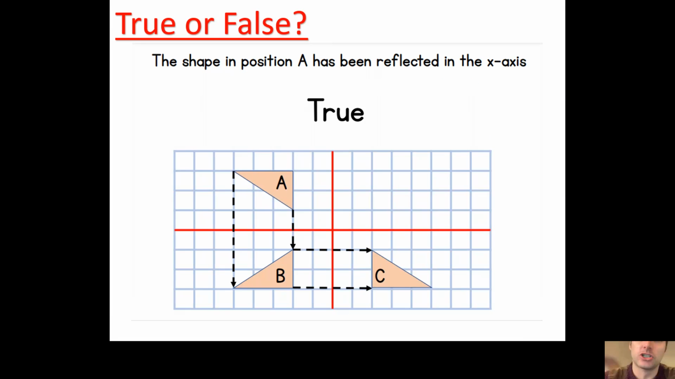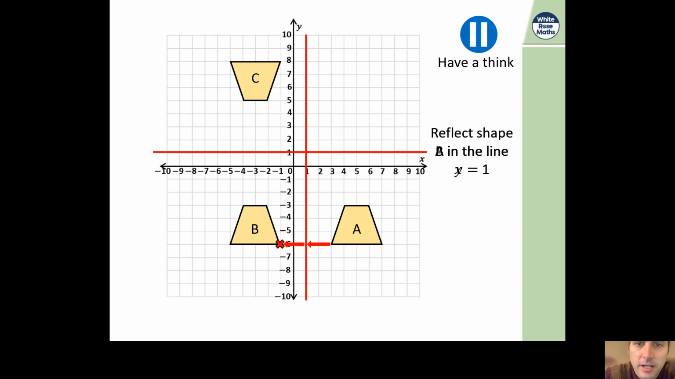So we can see that A reflected into position B, and then B reflected into C. So we can see from A to B and then B to C. A did reflect in the x-axis and then the y-axis to become position C. Now what I'd like you to do is to see if you can identify